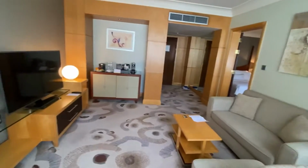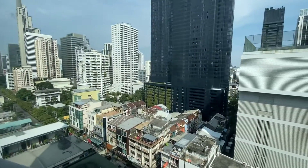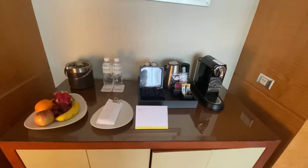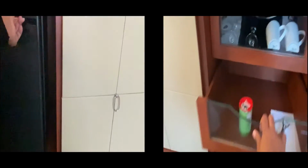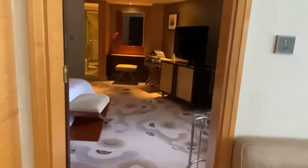Let's have a look from the other side. And here's a peek out the window. This would be a nice view at night, all the lights lit up. You were given a welcome amenity of some fruit, and just underneath that is your fridge, which has your minibar drinks, and on the right of that is your cupboard with the glasses and other snacks, well in this case